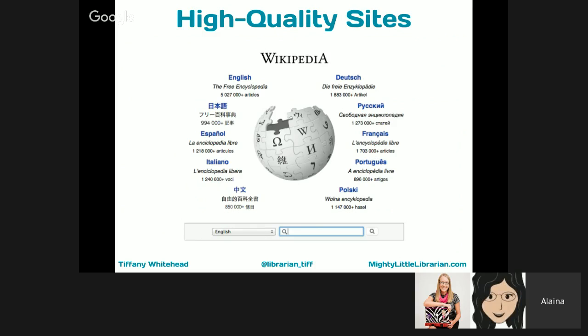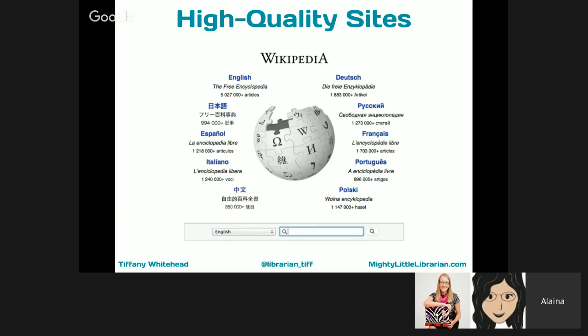And I explain to them that I do use Wikipedia and it's okay for them to use it as well. But there are different instances where you are using different sources of information. And so when you're doing research, clearly we're going to lean in the direction of using a database instead of using Wikipedia. Just like clearly we're not going to cite Google as our source because it is a search engine